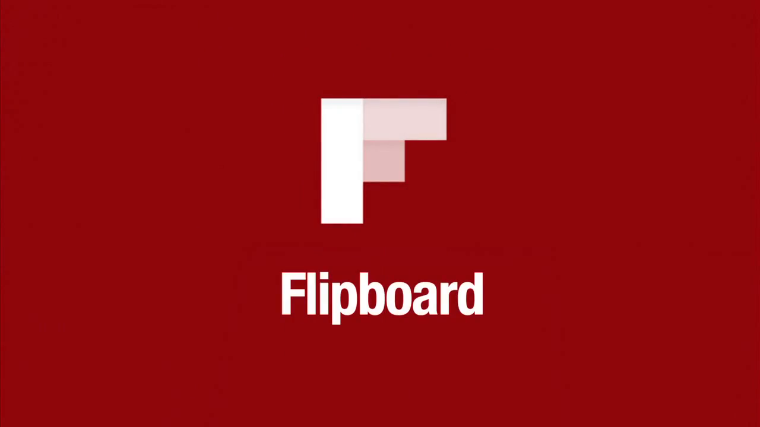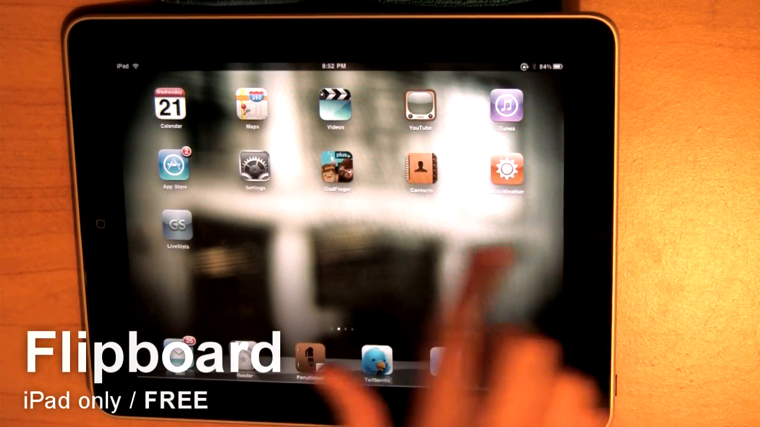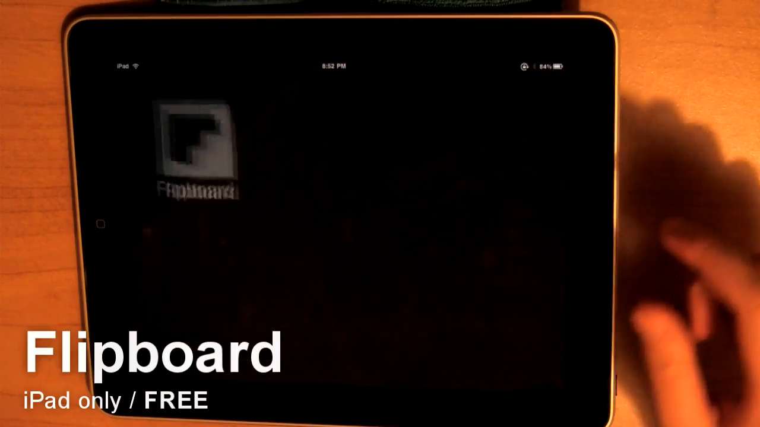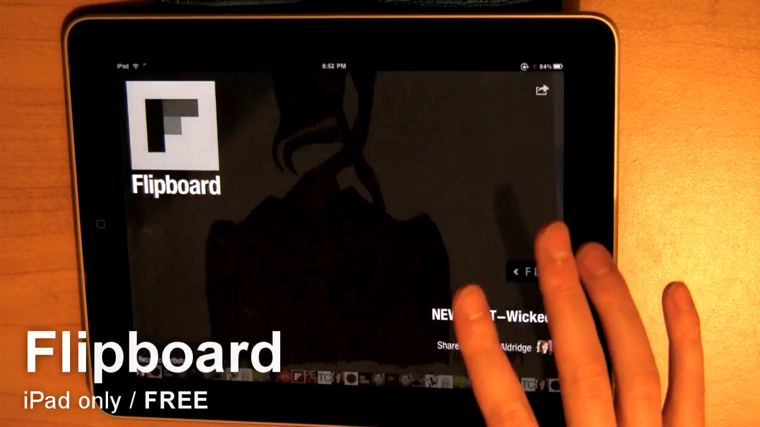It's just interesting. I like it, and I'll tell you why in a minute, but first let's open it up and see what you think of it. So, we're going to load it up here, and as you'll notice when you load Flipboard,